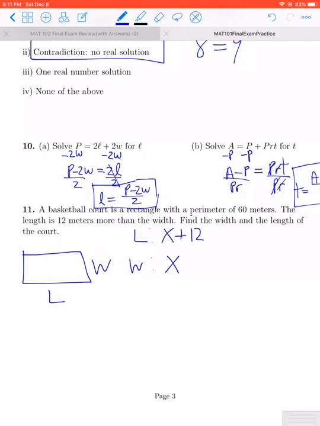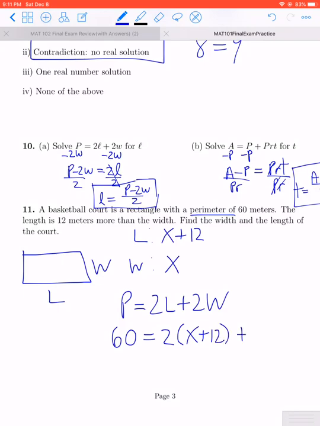They talk about the perimeter, so we should write out the perimeter formula for a rectangle. Perimeter is equal to 2L plus 2W. They tell us that it has a perimeter of 60. We know that the length is represented by x plus 12, and the width is represented by x, like this. So we have an equation for the variable x we should be able to solve. We distribute the 2 in. We get 60 equals 2x plus 24 plus 2x. Let's combine our like terms over there. 60 is equal to 4x